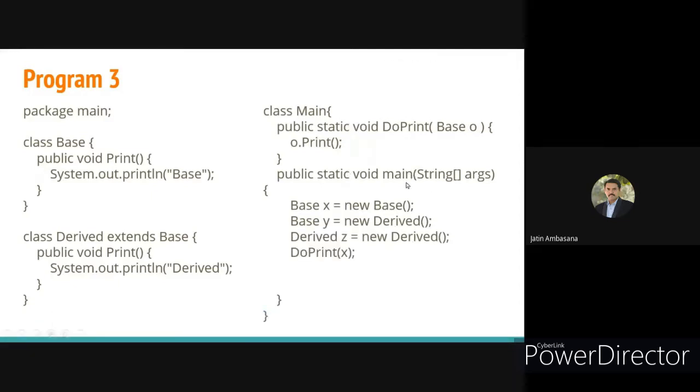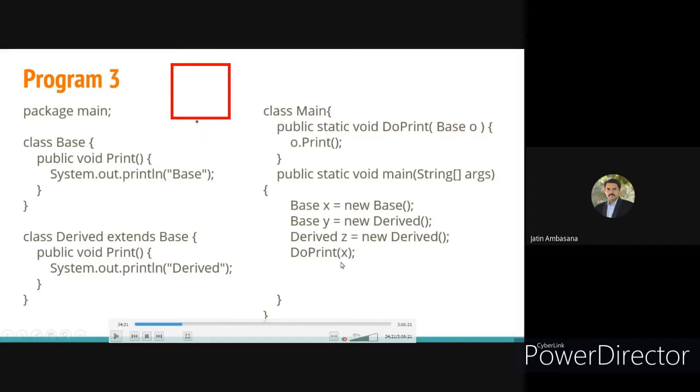Okay. So now we also have a third object called z, which is exactly of type derived. So what do we have here? We have three objects. One object, x, is of type base.